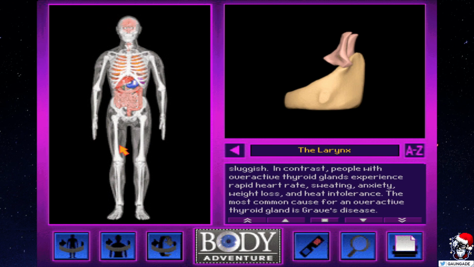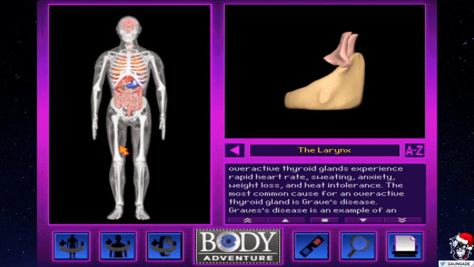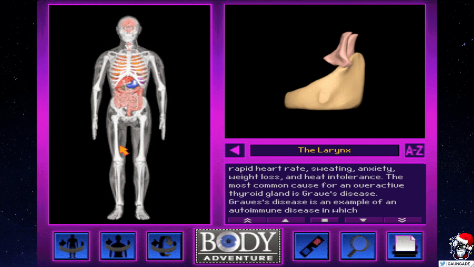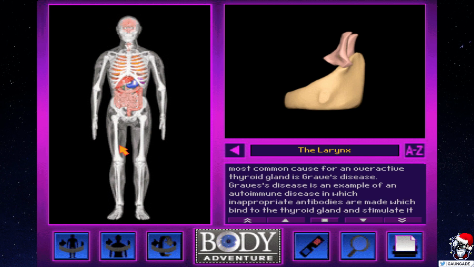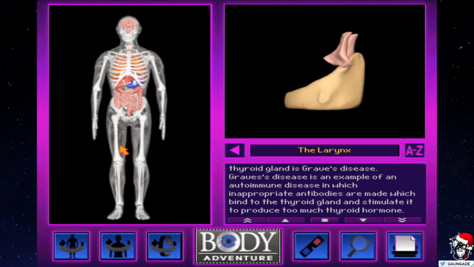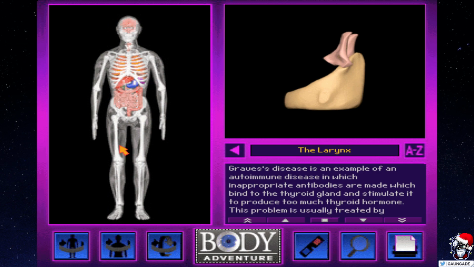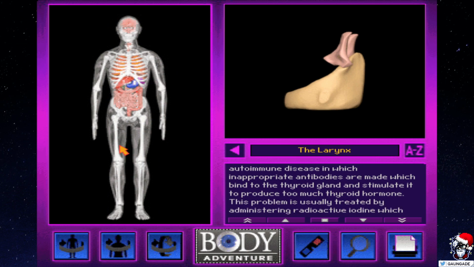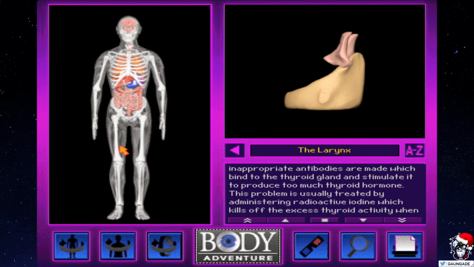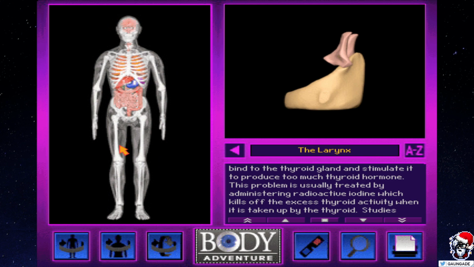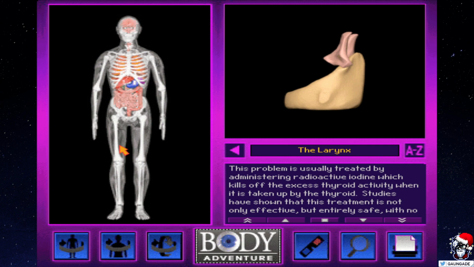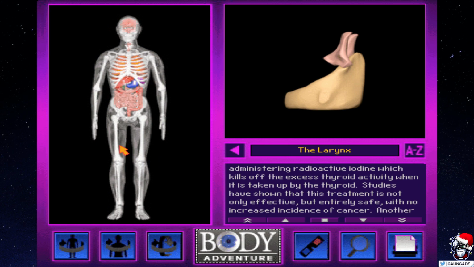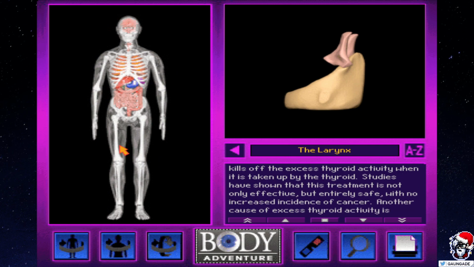The most common cause for an overactive thyroid gland is Graves' disease. Graves' disease is an example of an autoimmune disease in which inappropriate antibodies are made which bind to the thyroid gland and stimulate it to produce too much thyroid hormone. This problem is usually treated by administering radioactive iodine, which kills off the excess thyroid activity when it is taken up by the thyroid. Studies have shown that this treatment is not only effective but entirely safe, with no increased